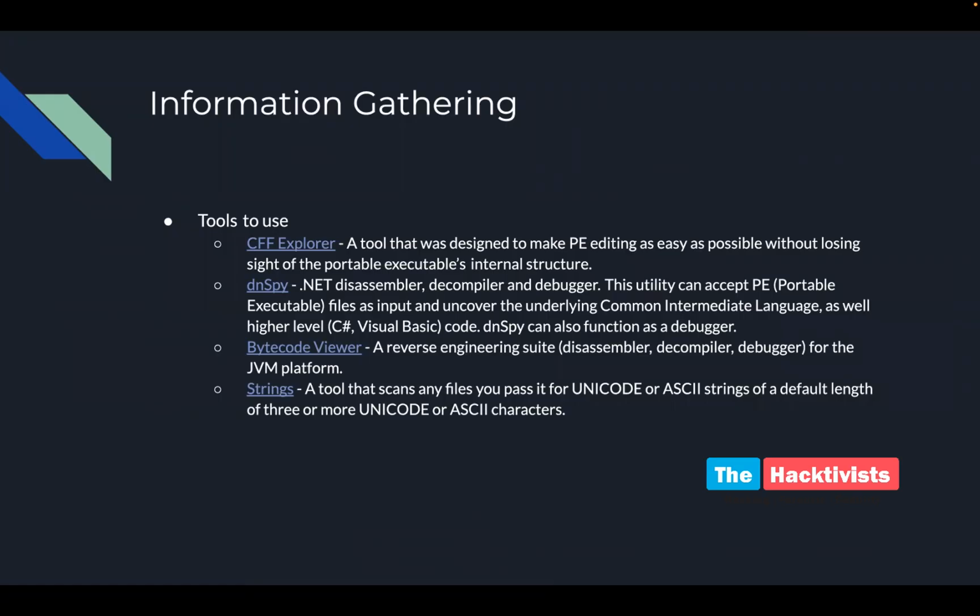We will again revise what the PE headers actually are and how they work during our walkthrough of that particular application itself. Then we'll be taking up decompilers and disassemblers to analyze whether we are getting some specific type of code or not. And then we'll be checking the strings, which can be Unicode or ASCII strings coming up within the application. So these are the three main test cases which we will be analyzing in